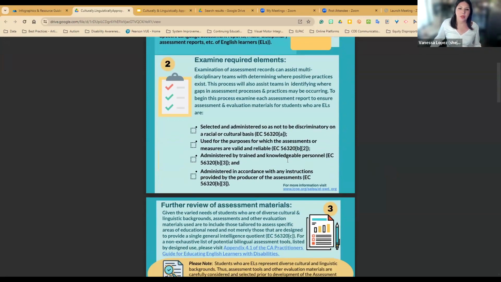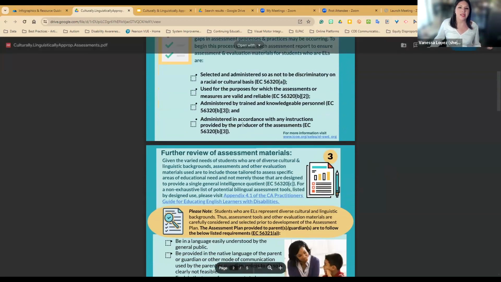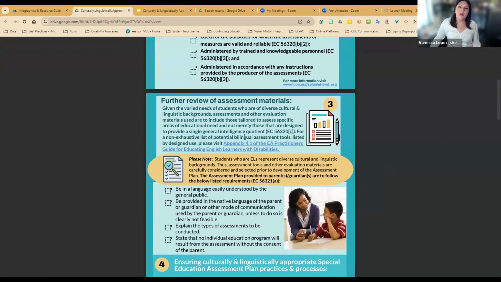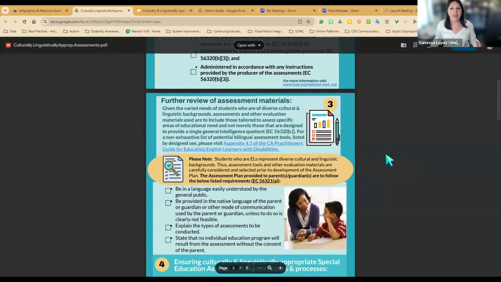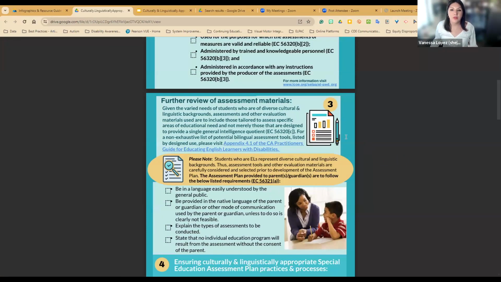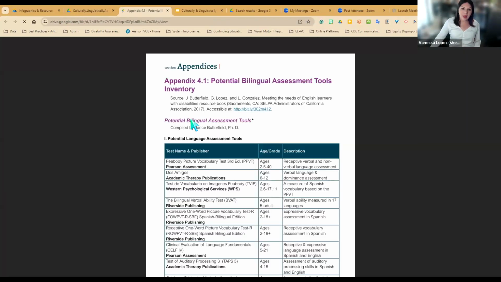What assessments were available? Was the assessment done by a trained person? But then we also talked about collecting additional information that might be relevant to a student whose primary language is one other than English. So with that in mind, I want us to pop open Appendix 4.1